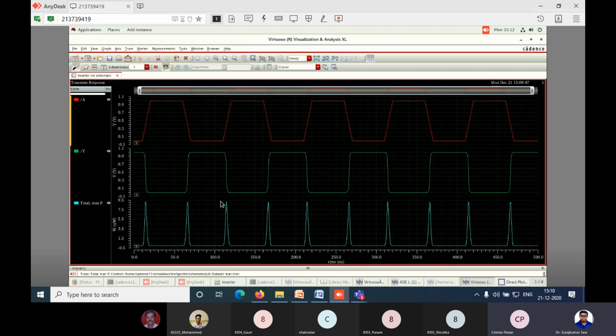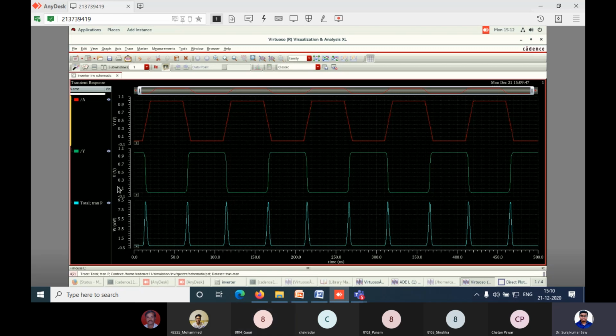Now here we can see 2 times it gets generated. Now all of you have got up to here.